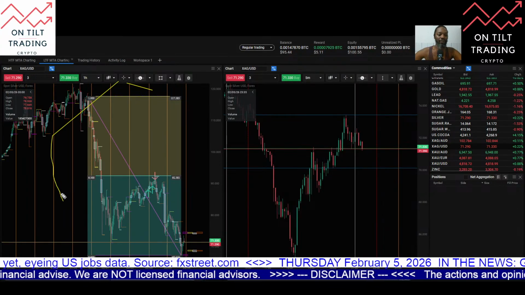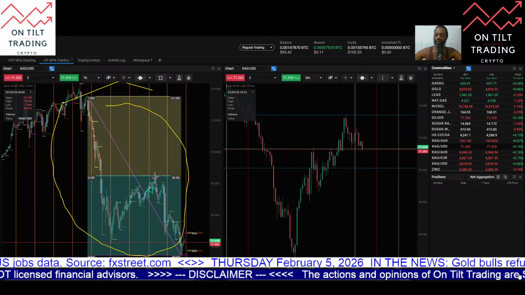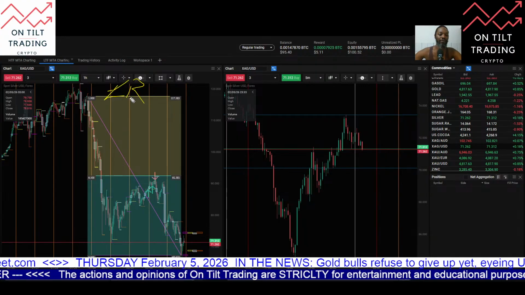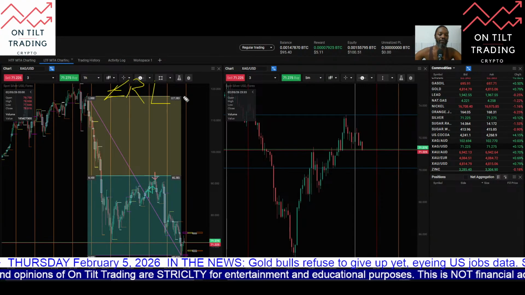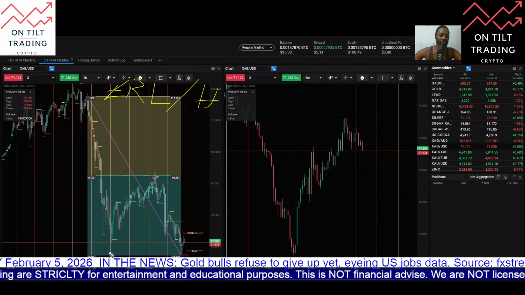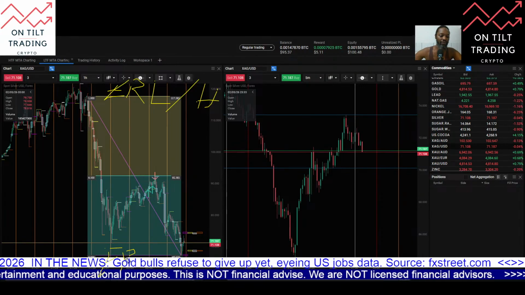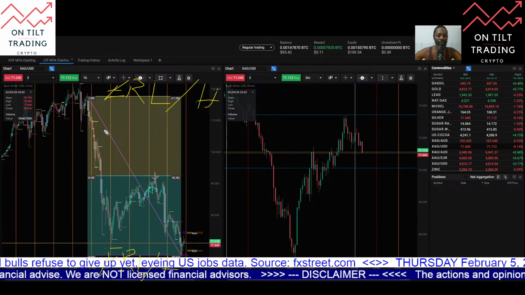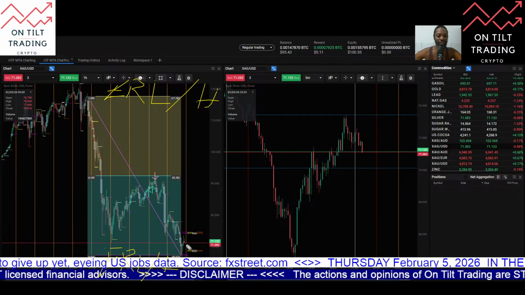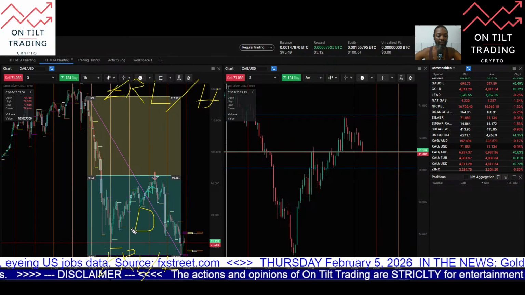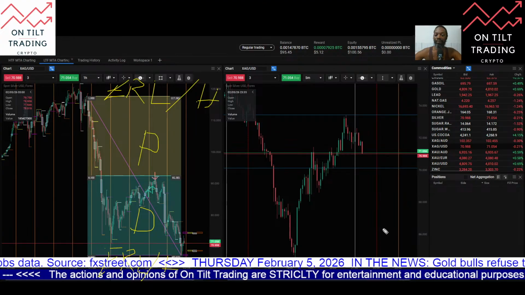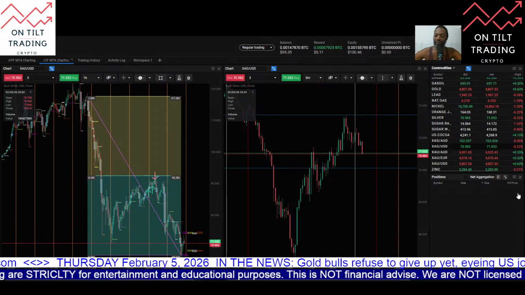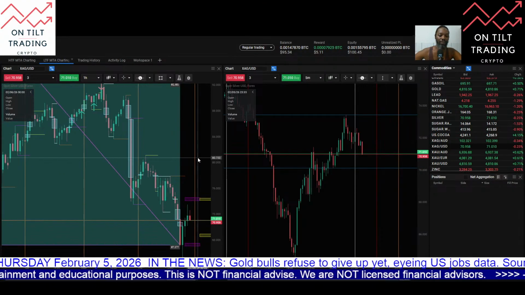So silver, here is my 1 hour dealing range. External range liquidity high. External range liquidity low here, and we can see price is trading low in the range, in an area of discount. This would be an area of premium for the overall range. And then within this,